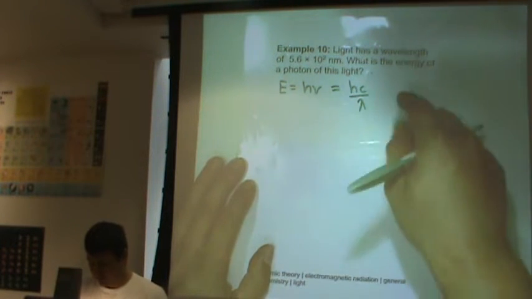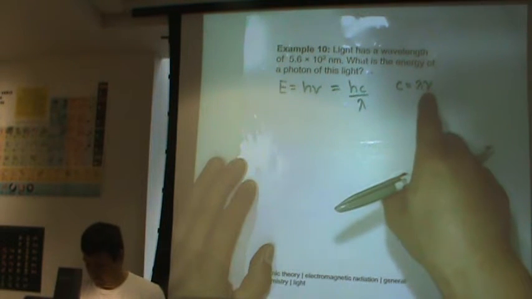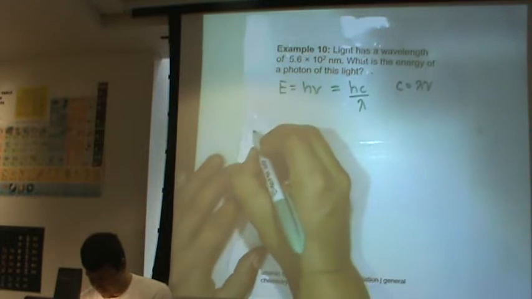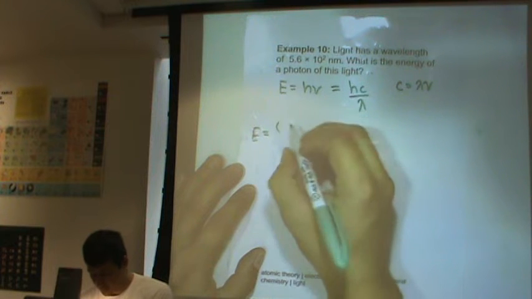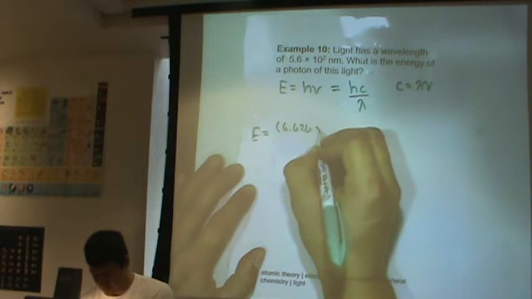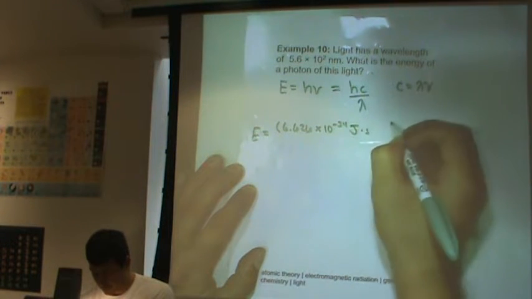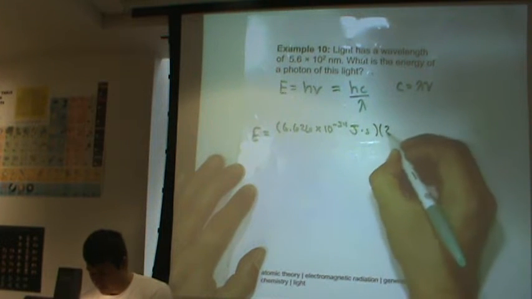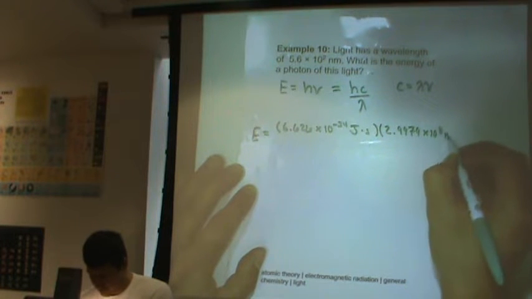So all we did is take our relationship for c equals lambda times nu. We rearranged this to solve for nu and plugged the expression into this equation. That's how we get this relationship right here. So this is just a plug and chug. h is a constant. It is given to you in the back of the exam. It is 6.626 times 10 to the negative 34th joule seconds, not joules per second, joule seconds. c is the speed of light, which is a constant, which is going to be 2.9979 times 10 to the 8th meters per second,